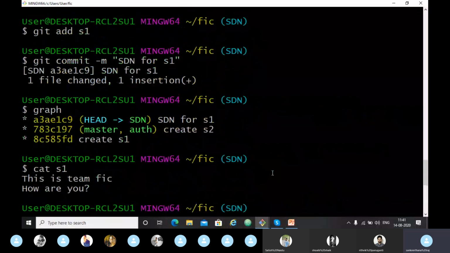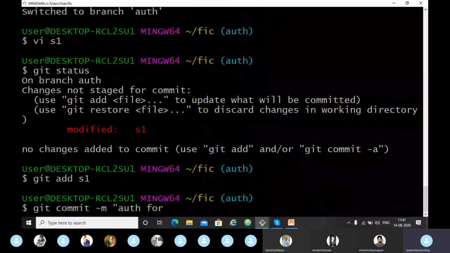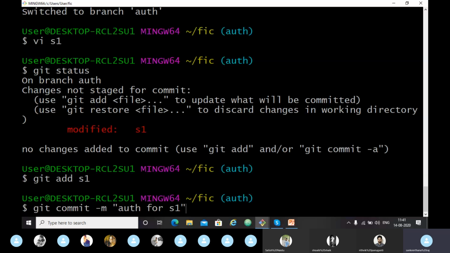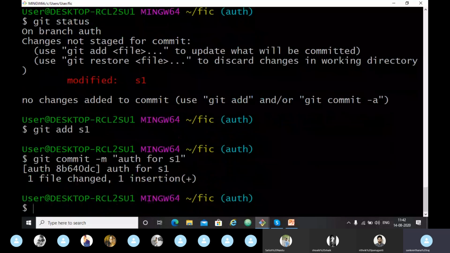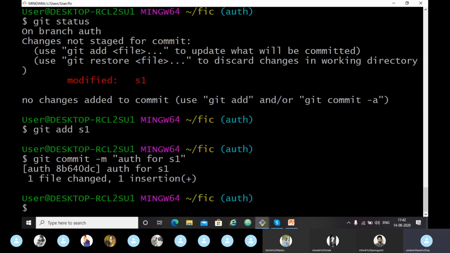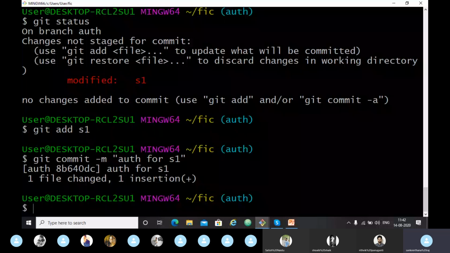Yes, I have done this. Now let's see the git status. Committed it. So there is nothing to commit here. Working tree clean. So now let's see the graph.